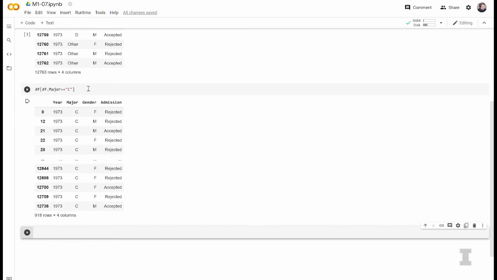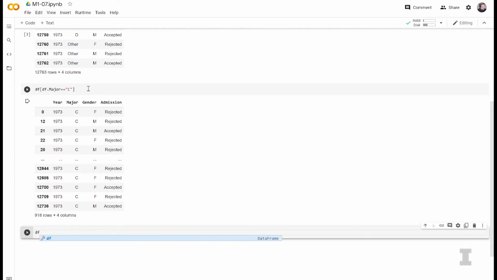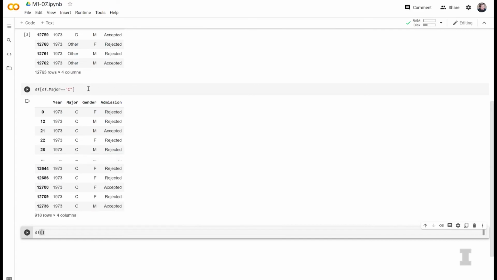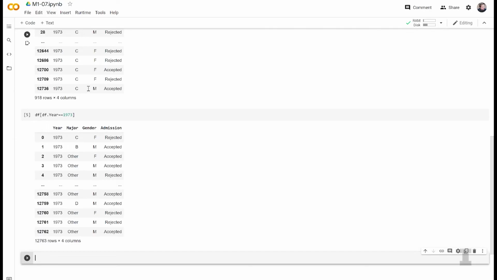And let's just do the second example you asked, just to kind of finalize everything, to see that quotes don't matter. Yeah. So now in a new cell, we're still looking at the same data frame. df square bracket df.Year, because we want to look at when the year is double equal to 1973. No quotes. No quotes. And actually, this data set was from 1973, so it did work because it gave me all of the data. So every single piece of data was from 1973.